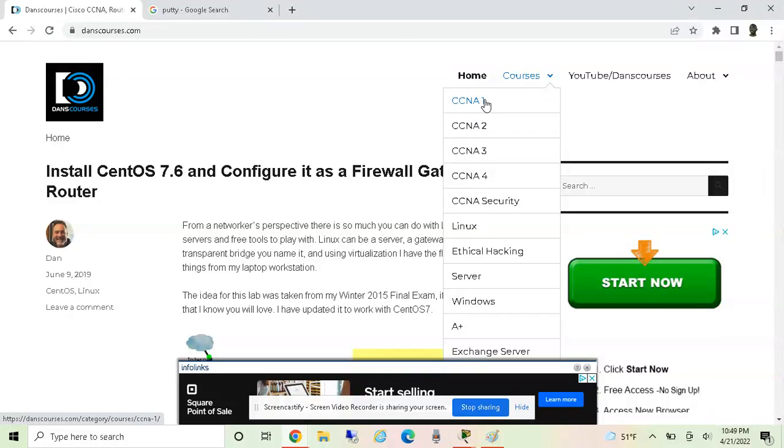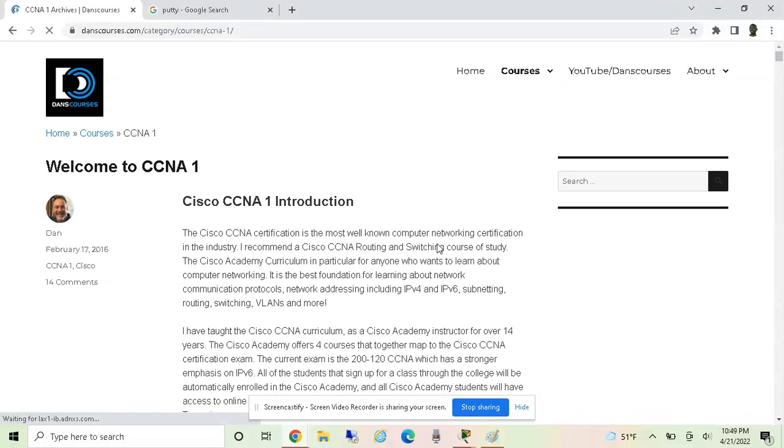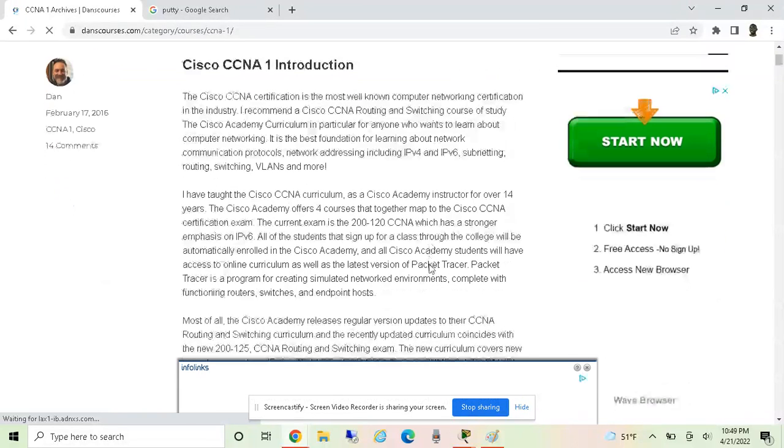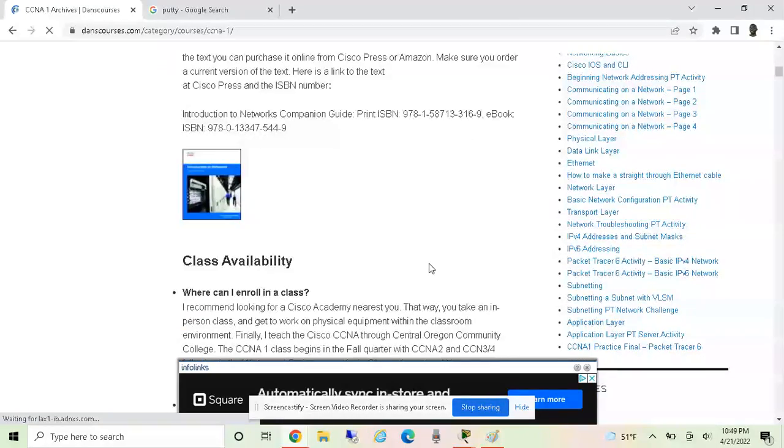So for the courses, go to CCNA 1. There are sections: CCNA 1, 2, 3, 4, and security. If you go to CCNA 1 and you start to scroll down, you will see on the right hand side there is a menu. If you're using your phone, it will be all the way at the